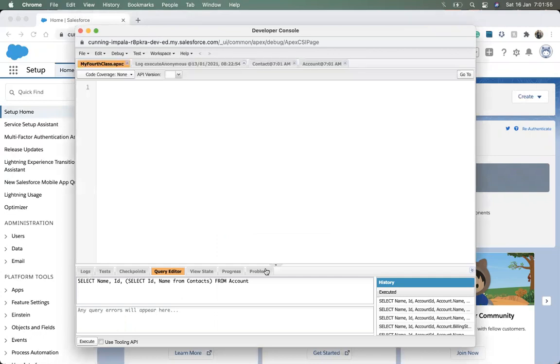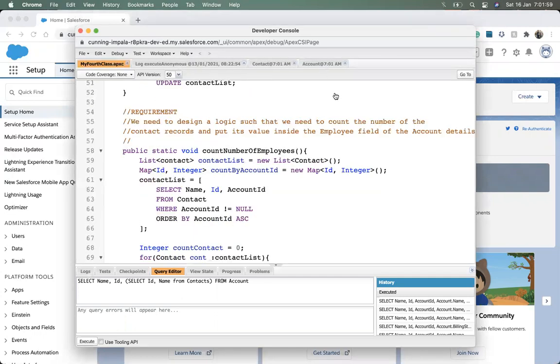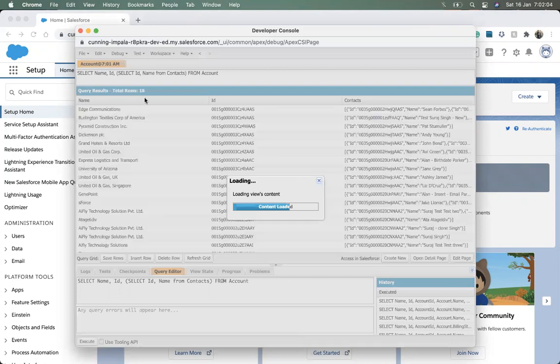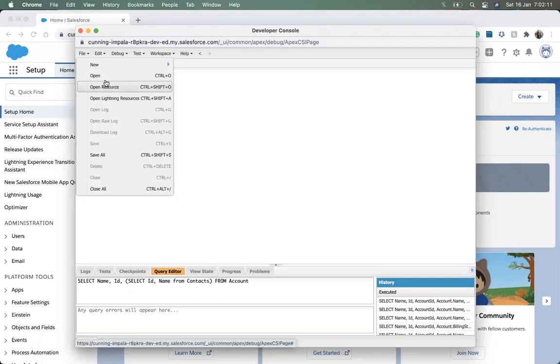Okay, we studied yesterday about before insert and after insert.